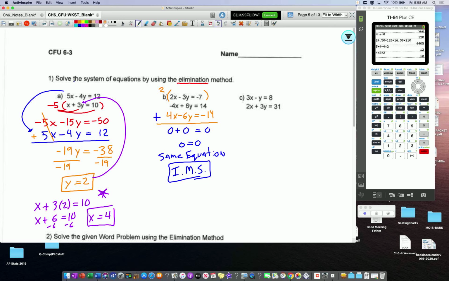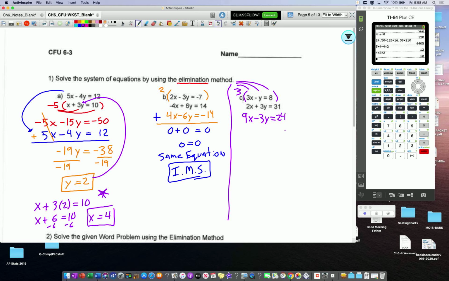All right, that one went really fast. Let's take a look at our last one here. So, my initial thought here is, I could multiply the first equation by 3, because then my y's will be opposite. So I get 9x minus, so I'm just distributing here, 3y equals